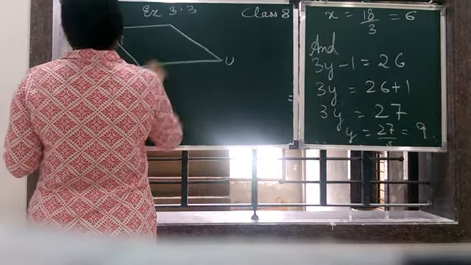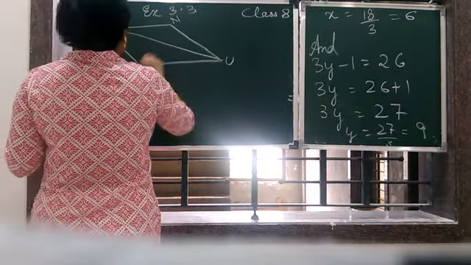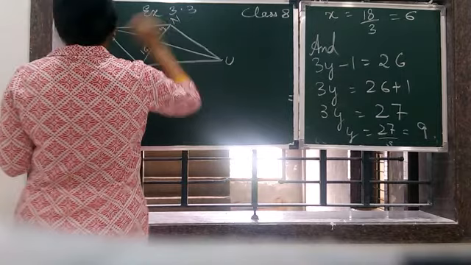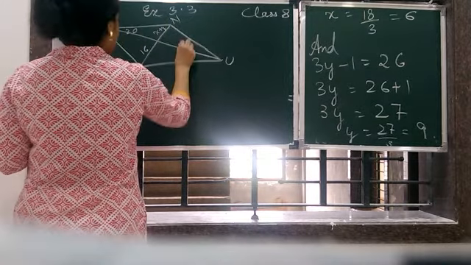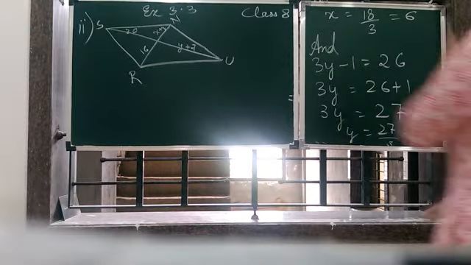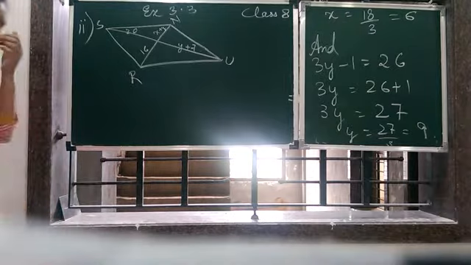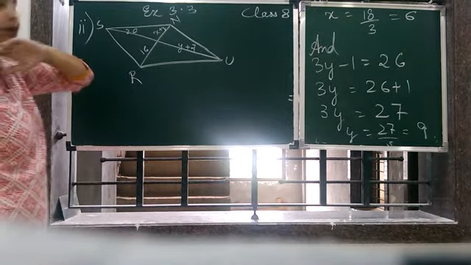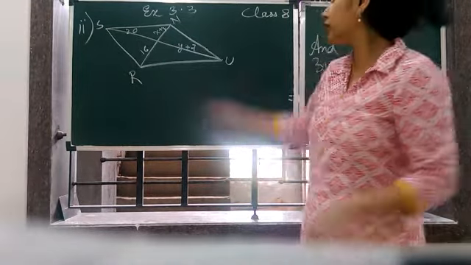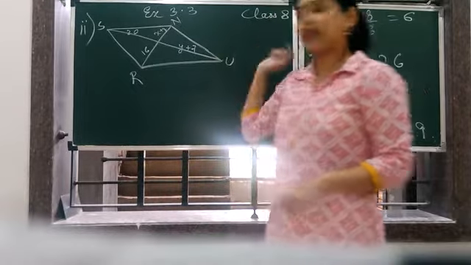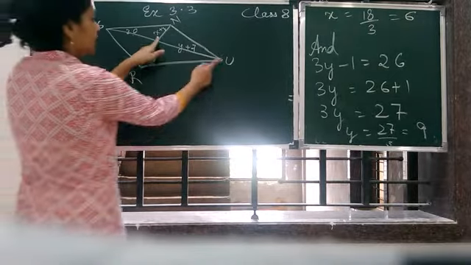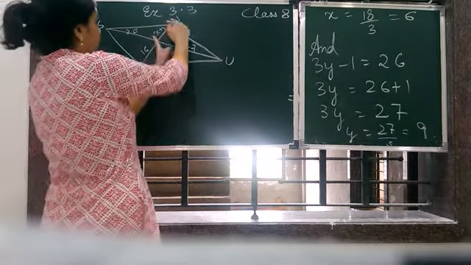This is also a parallelogram in which diagonals are given. You can see this is 20 and this is y plus 7. Now children, let's see. Here also you have to find the value of x and y. Now here also we will apply the property of the parallelogram. What is the property here? That diagonals bisect one another. Diagonals bisect one another means this is the midpoint. This is the midpoint, meaning this is equal to this and this is equal to this.